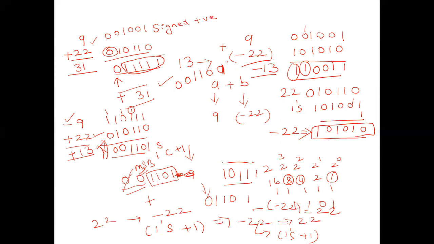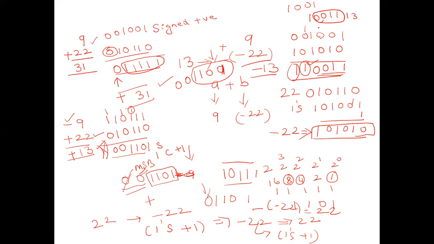Why I am saying this, you have to check this. 4 bits are needed to represent 13, so I have to take only 4 bits. The 5th bit will be taken as a sign bit. So the actual answer is 10011. So this is the representation of 13.